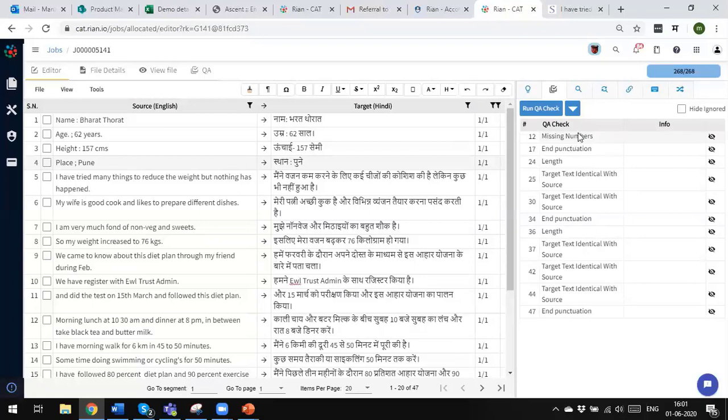And how do I find it? I just need to click on this particular inconsistency or the QA flag, and automatically you can see my cursor has been placed on the 12th segment. Here you can see the cursor, and it is saying that there is a number missing. It has identified that I haven't put 10 as number or 30. So it should be 10:30 baje. If I need to add 10:30 here,